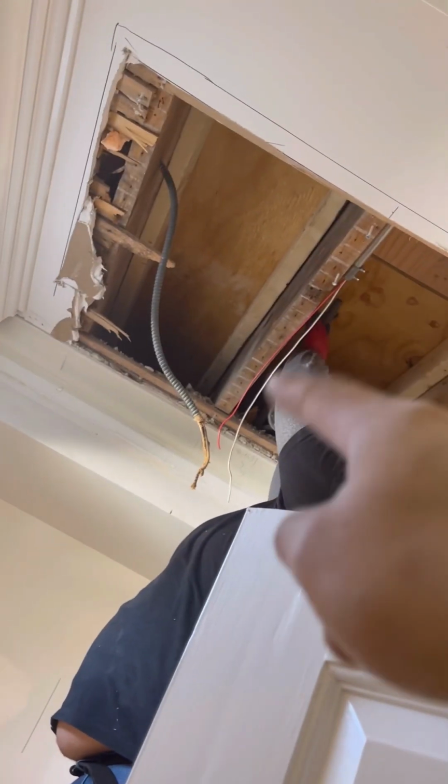So the pipe on the left, there's a high chance that that's going to be this light right here. So if I take this down and it's that, this is going to have to get rewired because I don't know if it'll be long enough. And then technically,